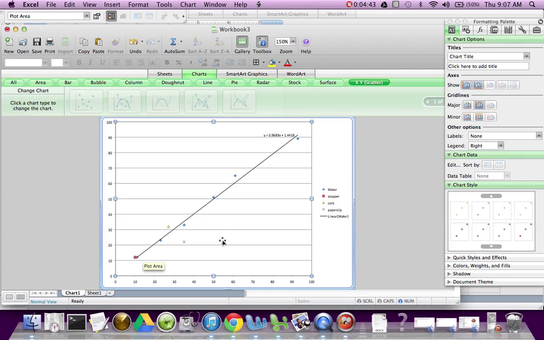Alright. What you're going to find is that you're going to have data points above the line and data points below the line. What you want to think about is the relationship between whether it sinks or floats, and where